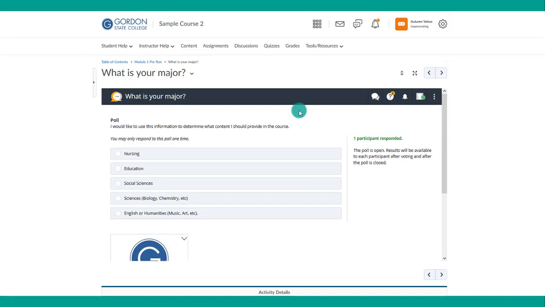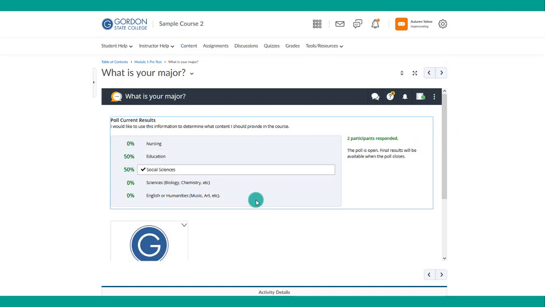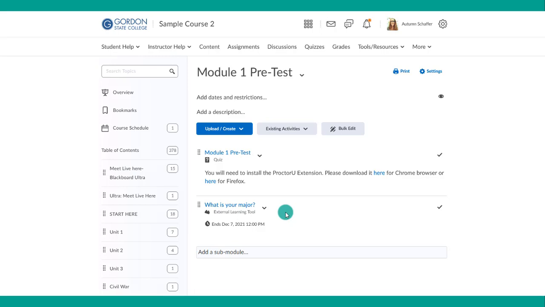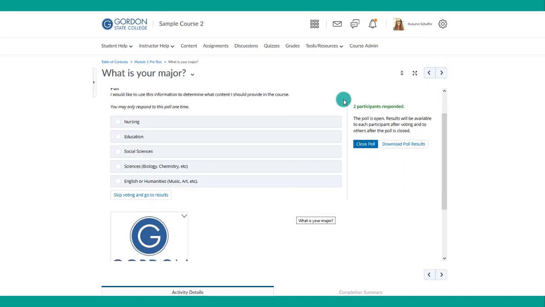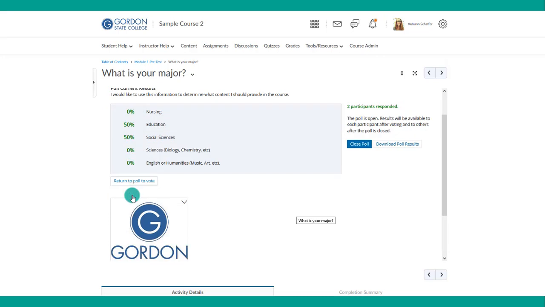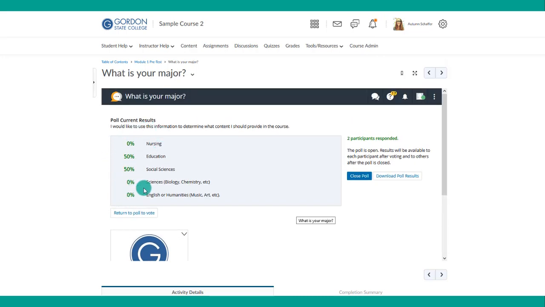So here you see the response of a second student. I have it set to where they can't see the responses till they submit. But as soon as they select, they're able to see generally what other students are saying here. So back in as the teacher, I can come back into our Harmonize poll. I can see the responses, so I can just choose skip voting and get results if I don't want to vote myself, and I'm able to see what the current